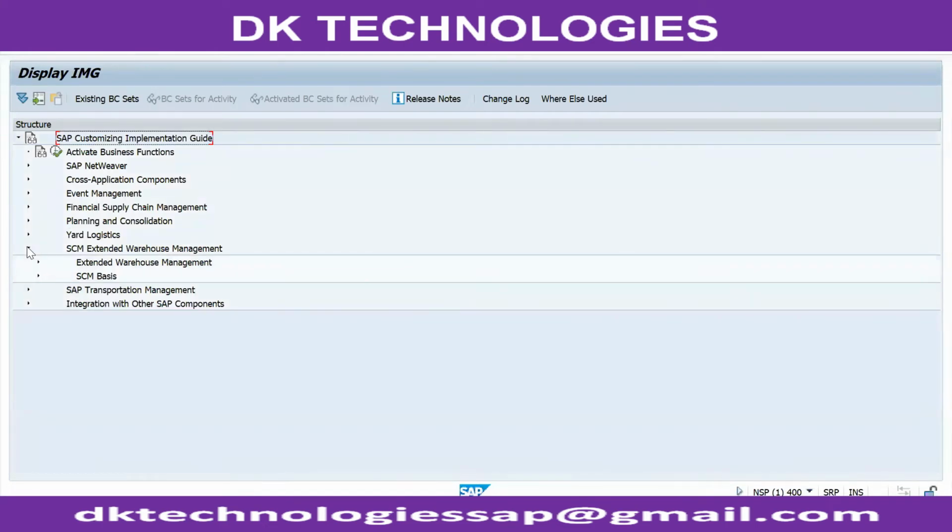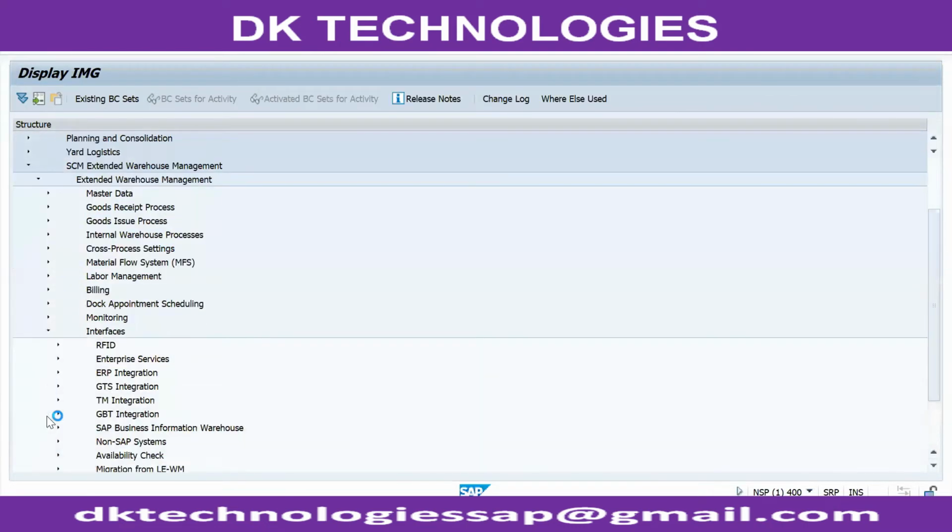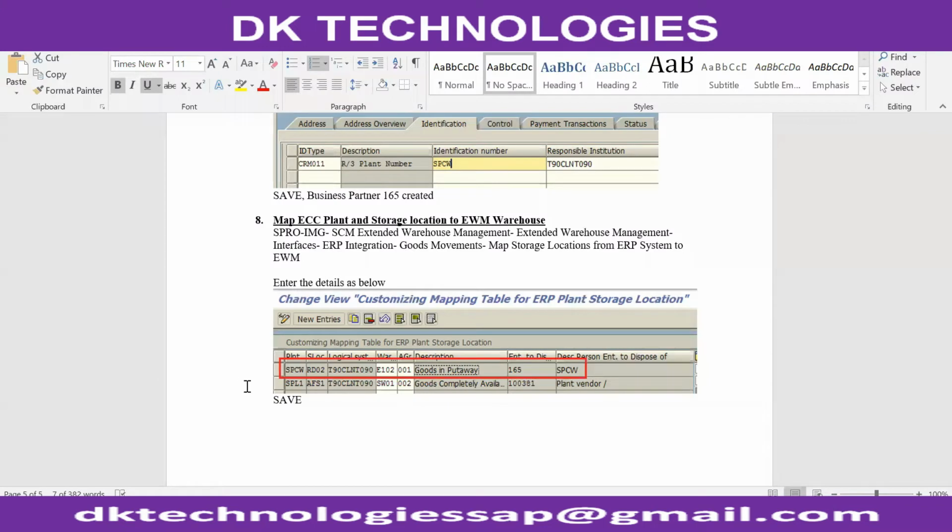ERP to EWM integration will always be in the Interfaces node.